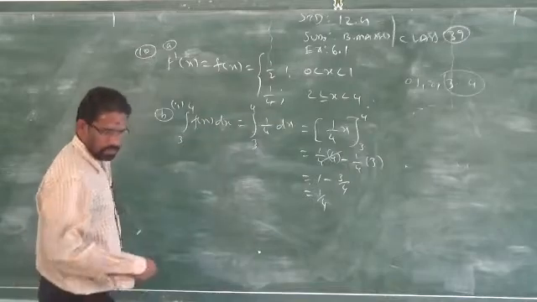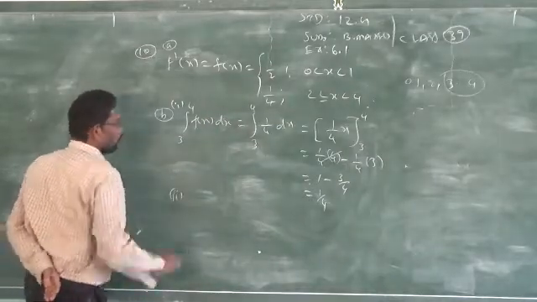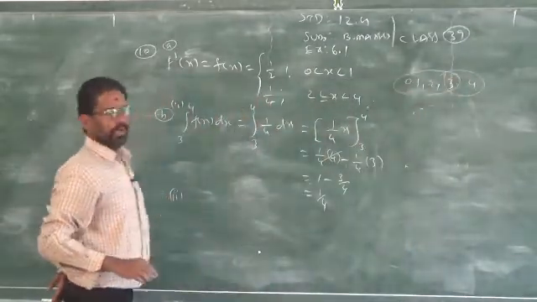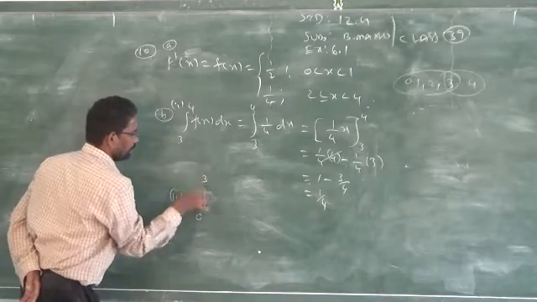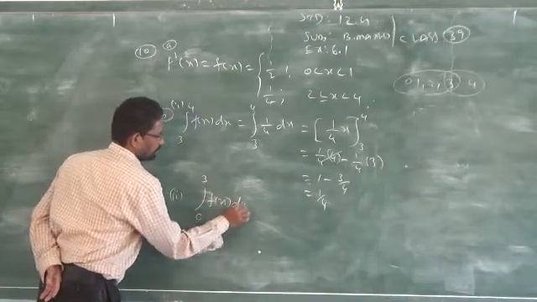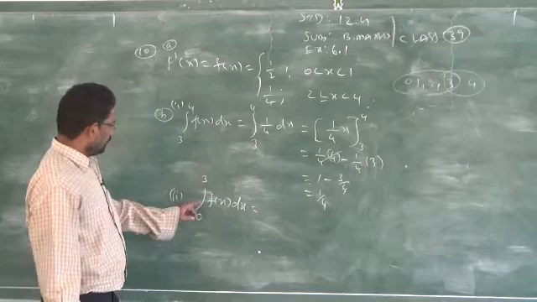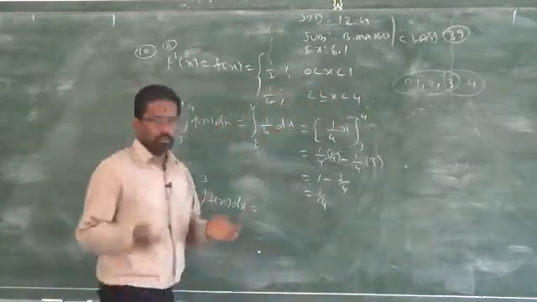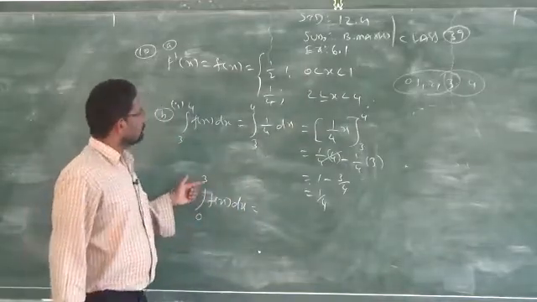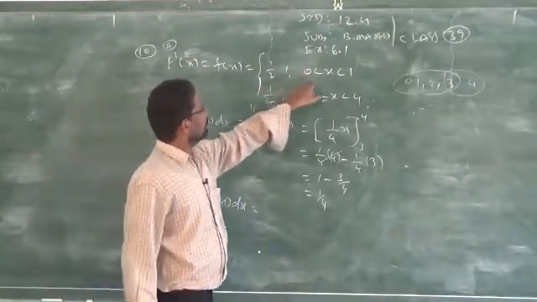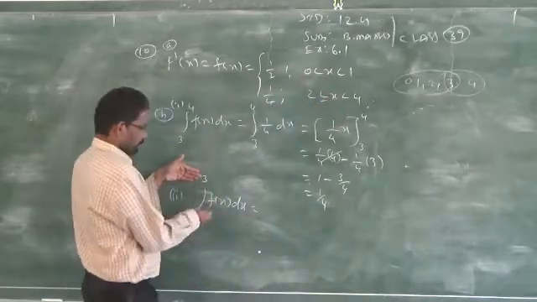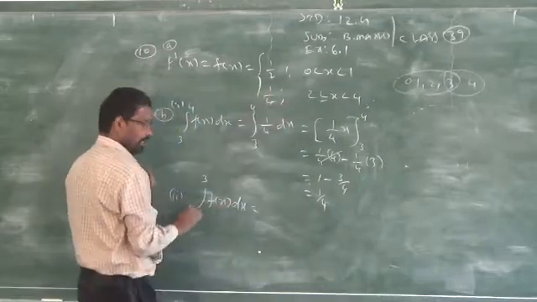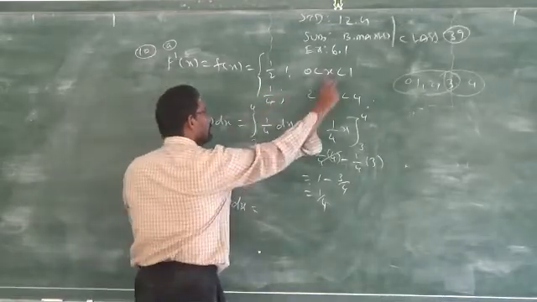Then the second part: less than 3. What is meant by less than 3? Less than 3 means from 0 to 3. So, the integral from 0 to 3 of f of x dx. We do not have a single PDF function from 0 to 3, because here it is given 0 to 1, then 2 to 4. So, you have to select. If it is given 0 to 3, don't take the f of x from 2 to 4, 1 by 4, straight away. That is wrong because the interval is split.